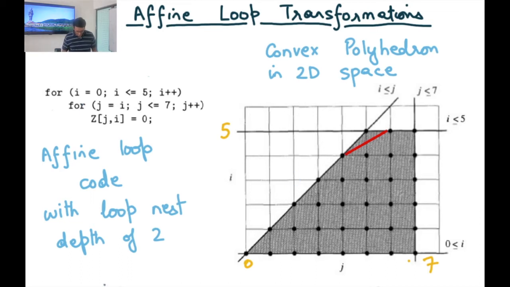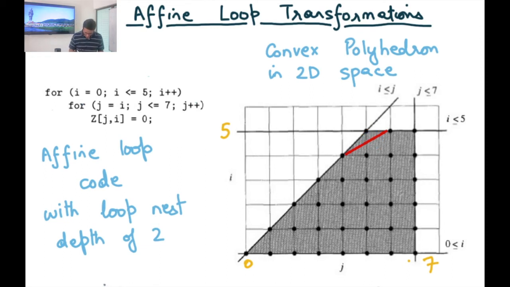The other interesting thing to note here is that this particular space is bounded by straight lines, and whatever region is demarcated by these straight lines is basically this region. In fact, it can be shown that this is always going to be a convex region. What do I mean by a convex region? A convex region is a region where if you draw a line between any 2 points in that region, then all points on that line belong to that region. For example, this red line between this point and this point, all these points belong to this shaded region. That's what a convex region is.